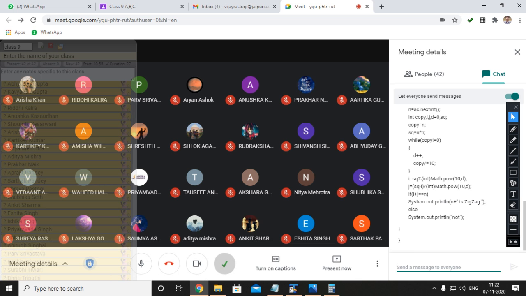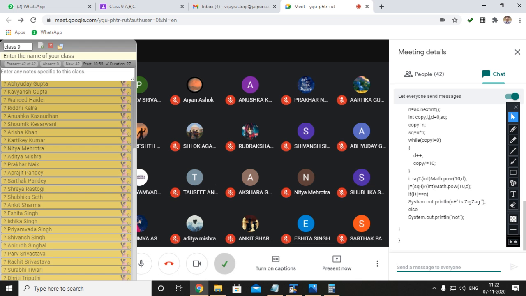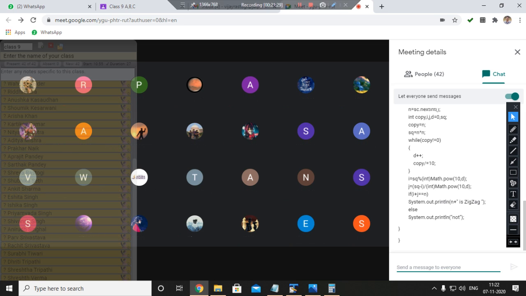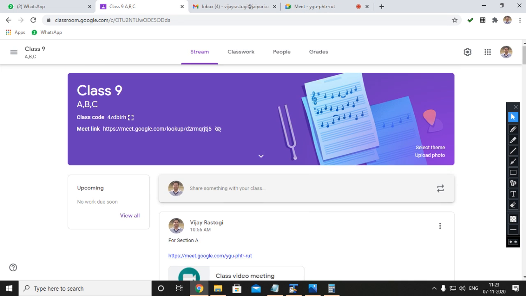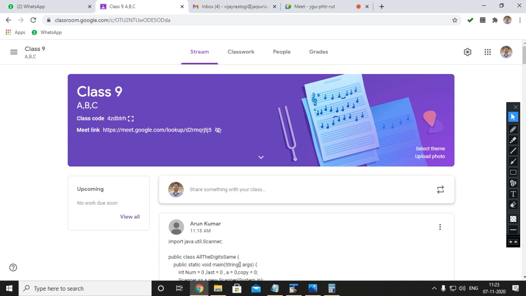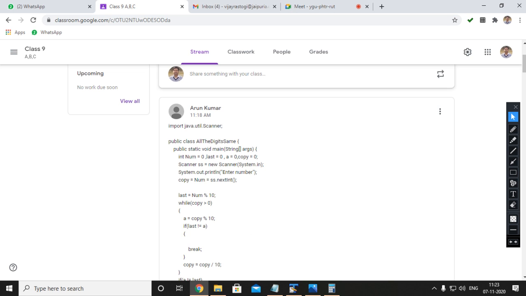Priyamvada Singh, this one is wrong beta, but well try. You can post your solution in the GCR also if you want.